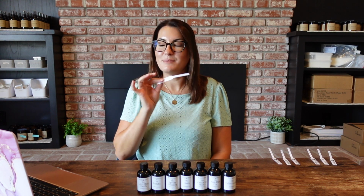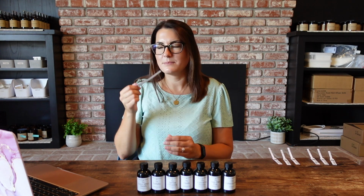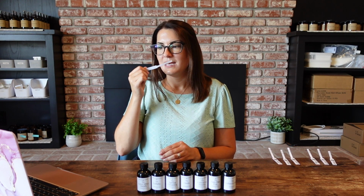Oh yes, okay. This is definitely a Bree scent. I am instantly transported to vacation in the middle of a jungle with an oasis and palm trees everywhere. Oh my gosh, I'm obsessed. I am obsessed. I like that it's not overly